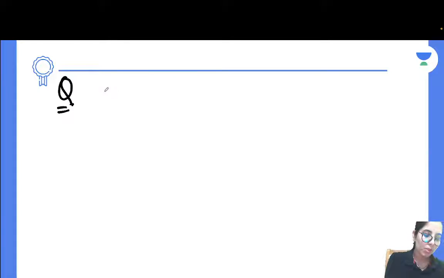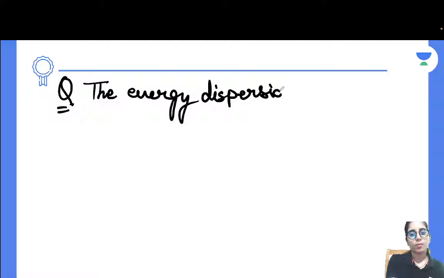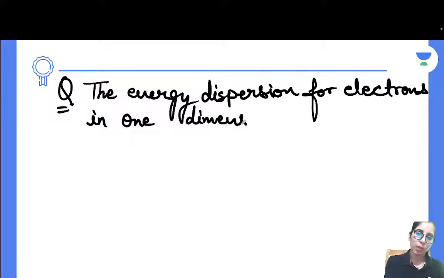The energy dispersion for electrons in one dimensional lattice